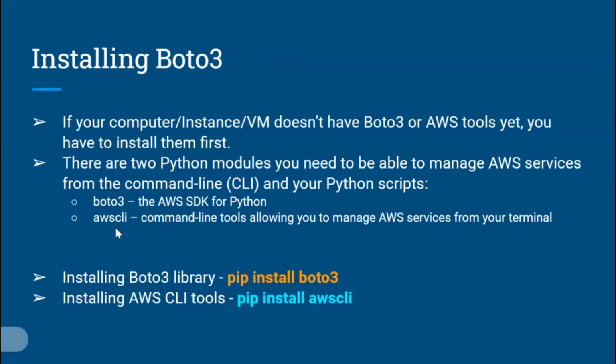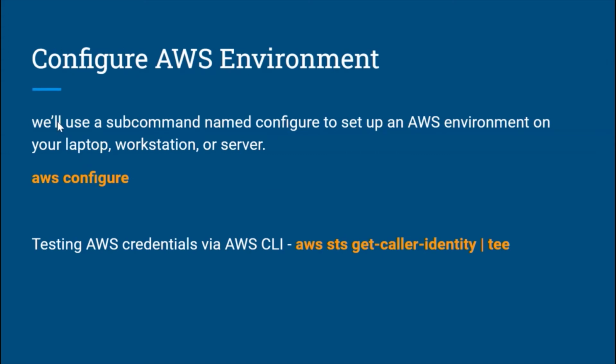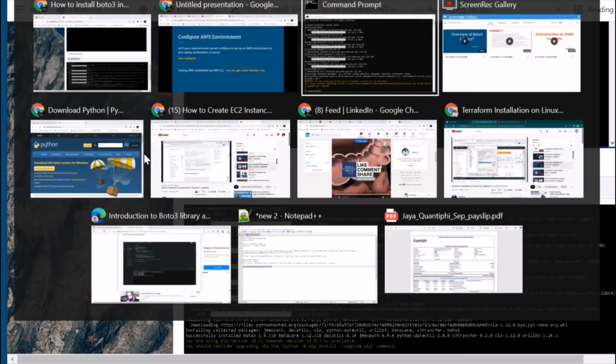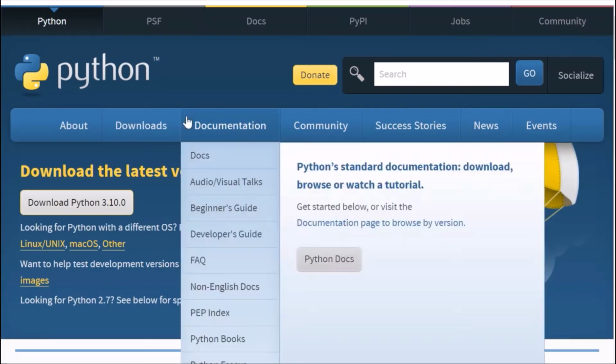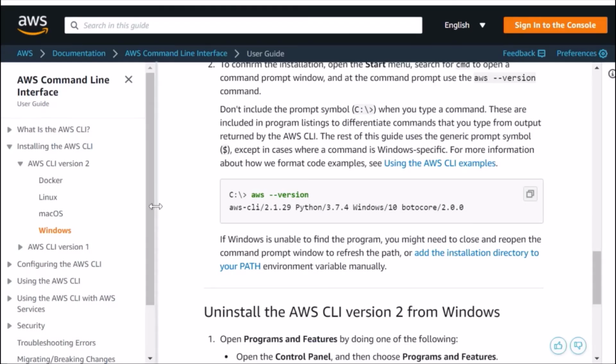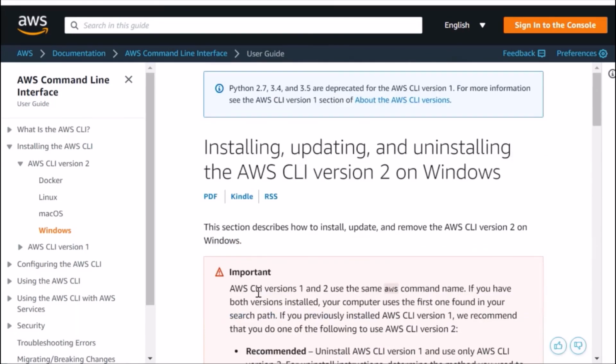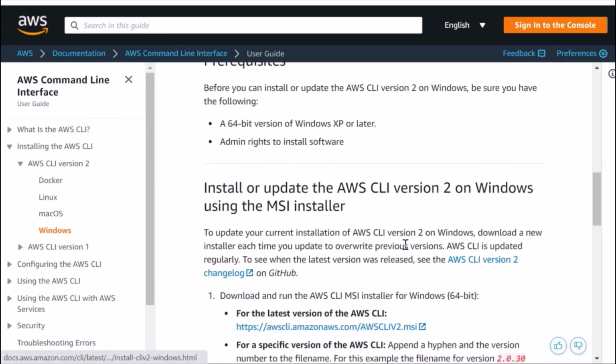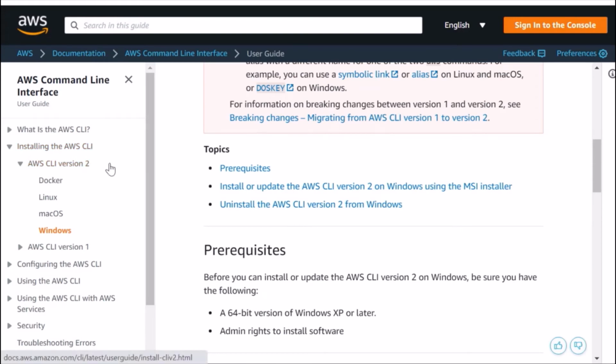If you don't already have the AWS CLI tools installed, you have to install them first, and then you can install Boto3. You can install the AWS CLI from this AWS document, where you can install AWS CLI version 2.